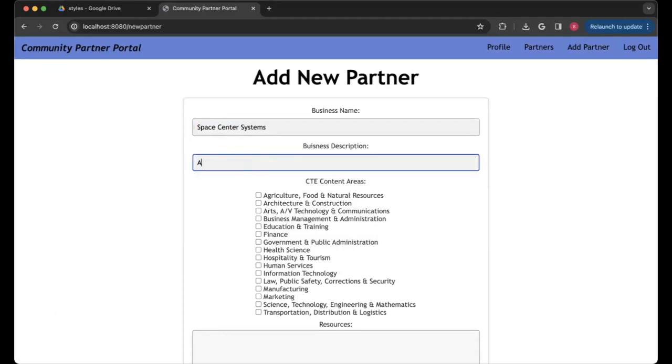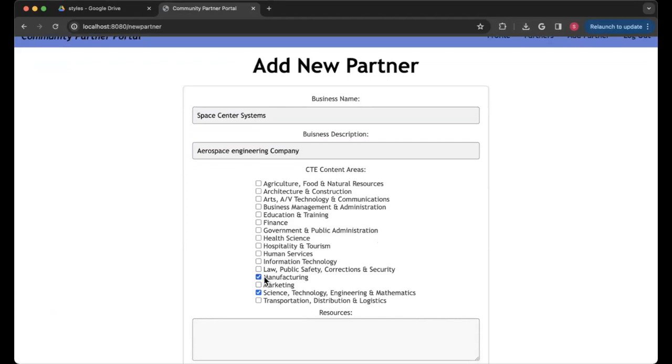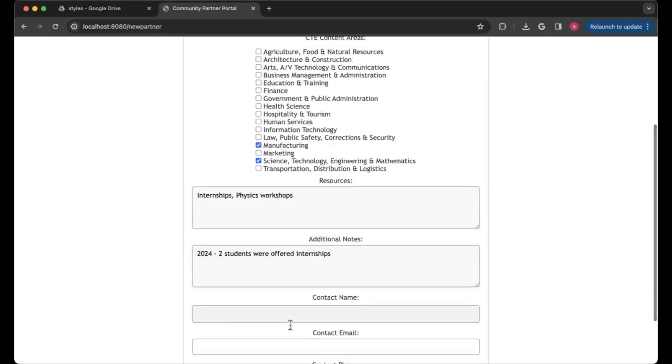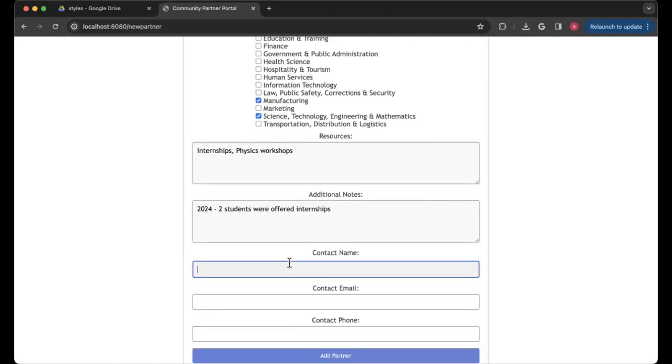Systems, and it's an aerospace engineering company. And this can go under science, manufacturing, and we could say resources are internships and physics workshops. And we could say 2024, 2 students were offered internships. And we could say that the contact name is Robert. And we could say the